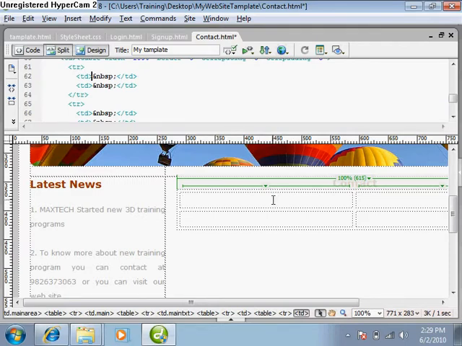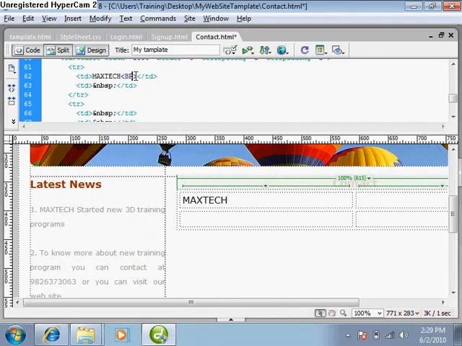Yes, just apply, just write here Maxtag, right here Maxtag, put br